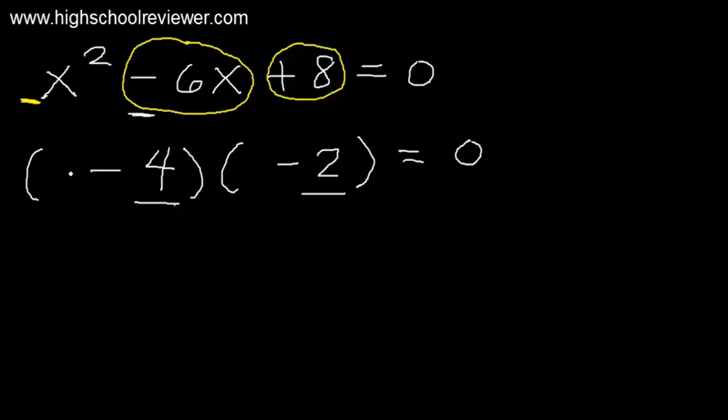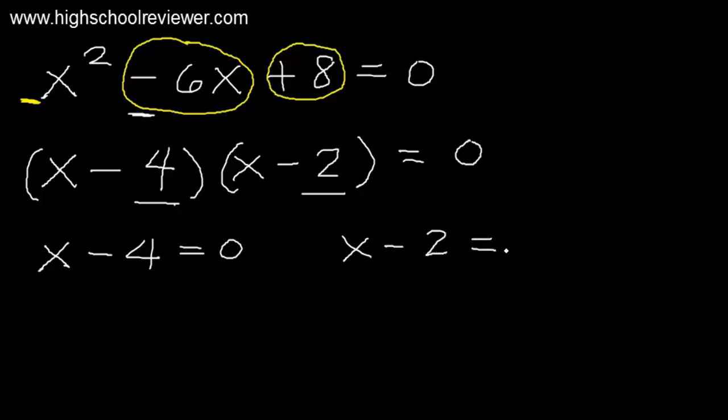For the lacking terms here, we are just going to factor out x squared. So the factors of x squared will only be x and x. These are the two factors now for our equation. To find the values of x, there will be two values. The first one will be x minus 4 equals 0, and the second one will be x minus